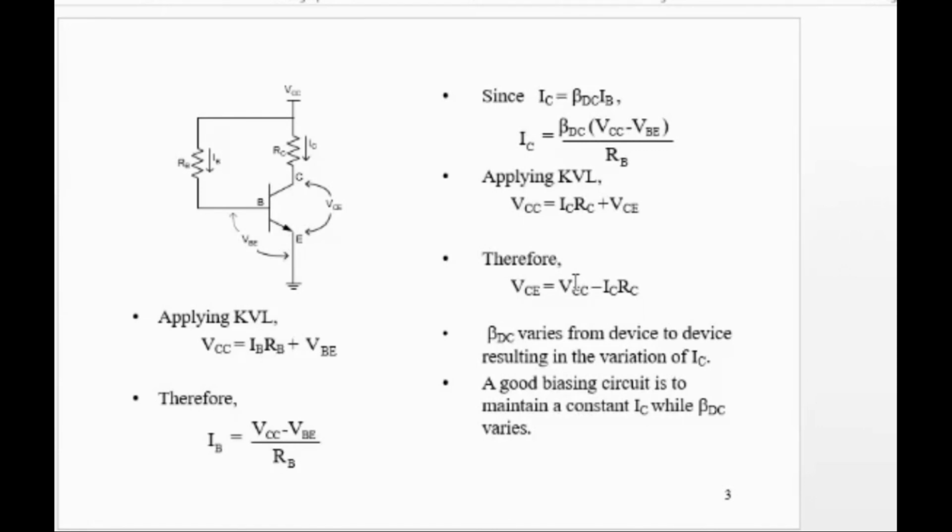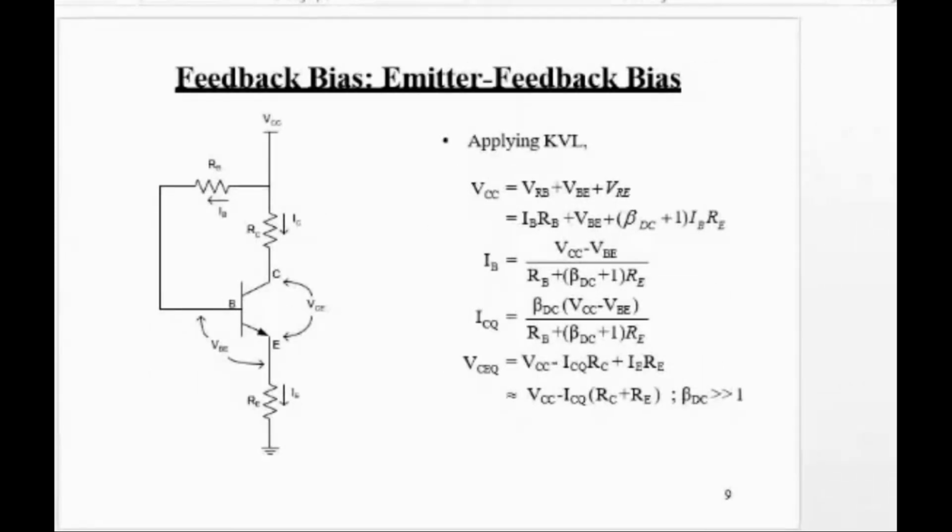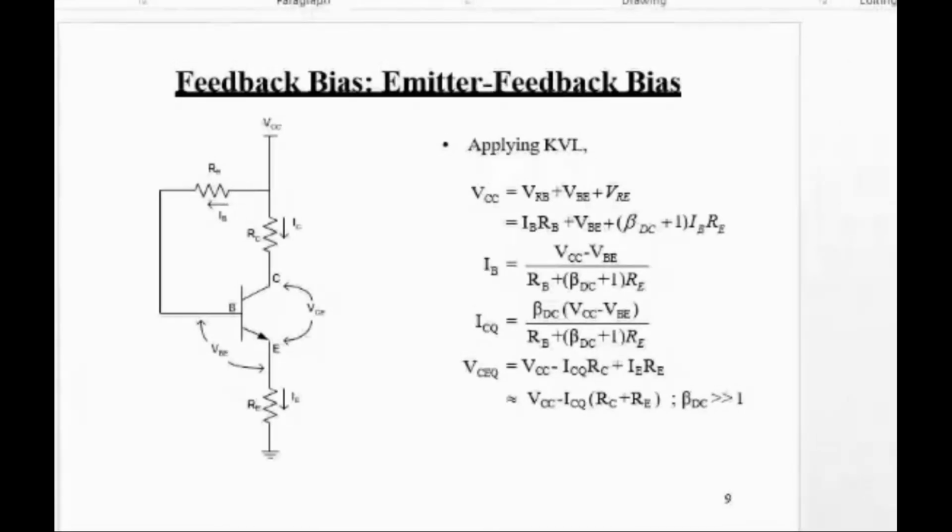Temperature variations, then aging effect of the resistance. And last but not the least, if the transistor is to be replaced, then you have to do the entire design process. सारी की सारी design process आपको दोबारा करनी पड़ेगी. तो इसलिए हम क्या करते हैं, अपने सिस्टम की जो बाइसिंग है उसको अब हम अलग तरीके की बाइसिंग सेलेक्ट करते हैं. और जो बाइसिंग अब हम सेलेक्ट करेंगे वो होती है एमीटर रेजिस्टेंस बायस.